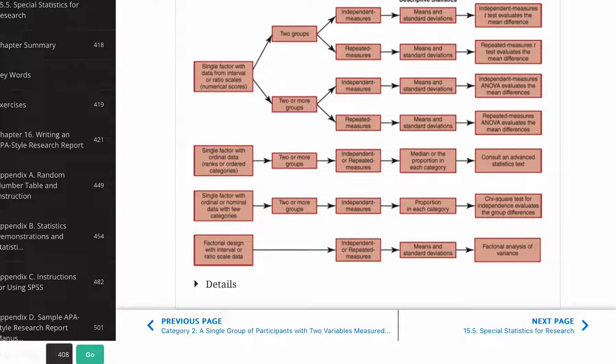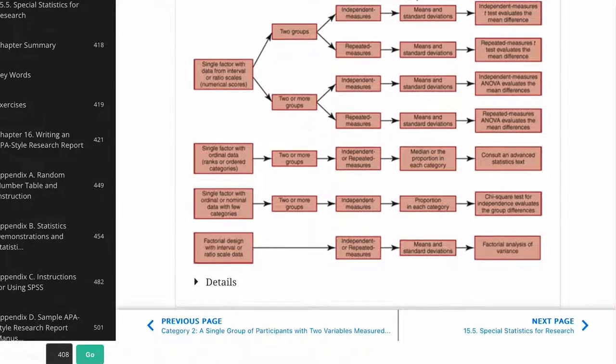So t-tests are used when there's only two groups of a single factor design. It'll be independent or repeated measures depending on whether it's between or within subjects, obviously. The ANOVA is used when there's more than two groups that you're comparing. And again, it would be either independent or repeated measures depending on how your groups are laid out. The ordinal data, and I'm just going down this column of inferential statistics,